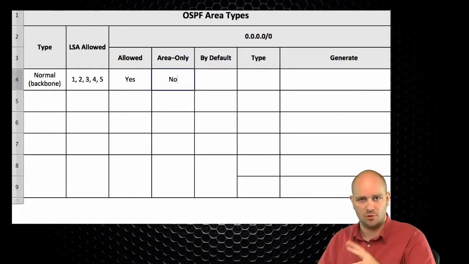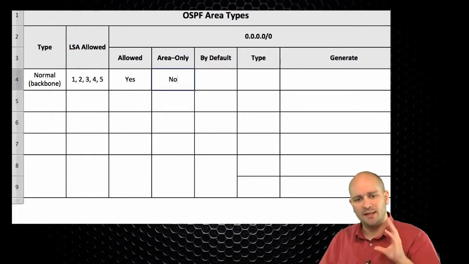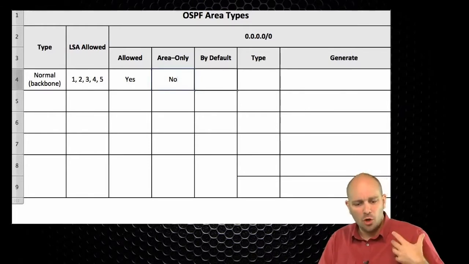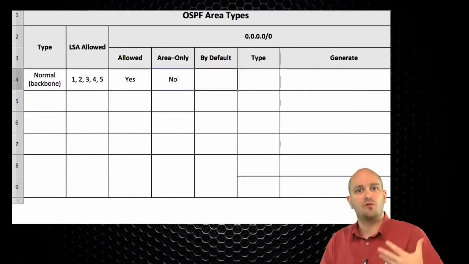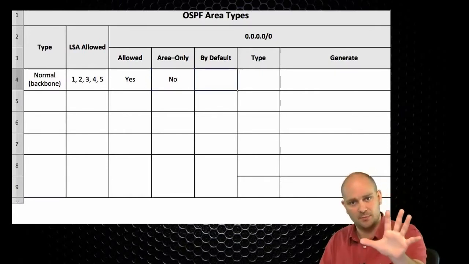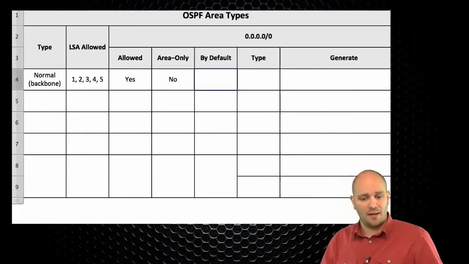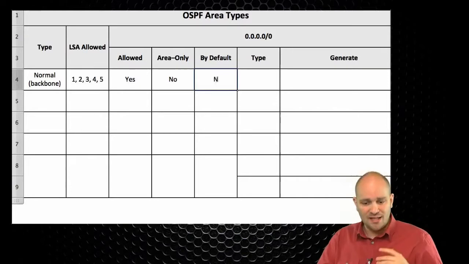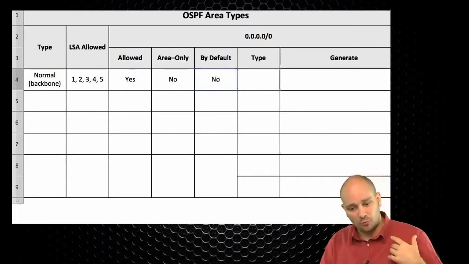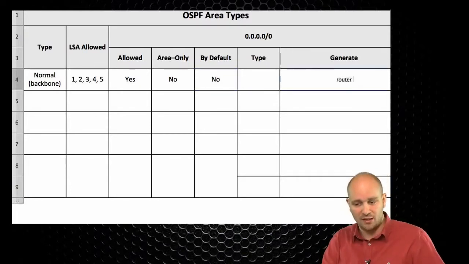You can do some sort of filtering there, but it is not doable just by creating the area and telling it, in this area, inject the default route. This is not something that you can do. Now, when you create the normal area or the backbone area, the default route is not generated by default. But what you can do is you can create